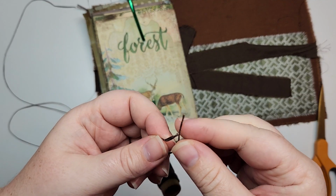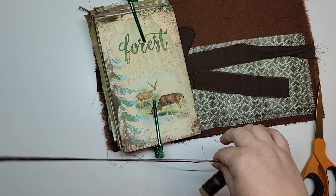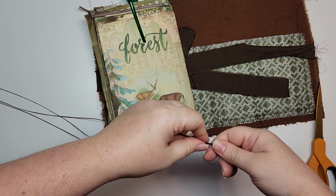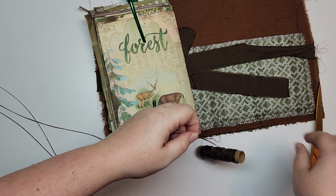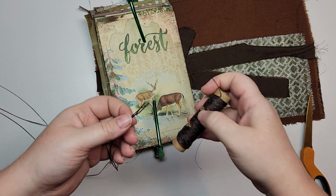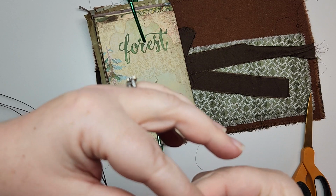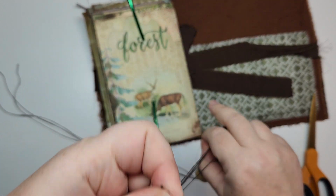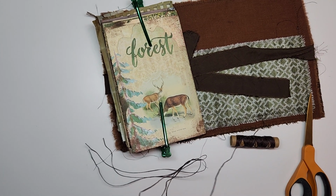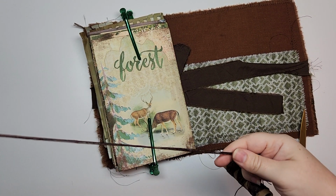Now I am going to do something different that you guys have probably never seen anyone do. I came up with this method all on my own. You guys know my journals, you know how I love my tassels. And well, in a soft cover, you can't clip a tassel on. It'll just bend and flex and not look good. So after I do 4 of these,